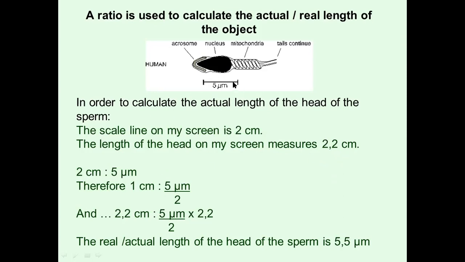So 2 centimeters represents 5 micrometers. Therefore, 1 centimeter represents 5 micrometers divided by 2. And, don't you dare write and, 2.2 centimeters. So I've multiplied this side now by 2.2. Let's multiply that side by 2.2. Represents 5 micrometers multiplied by 2.2, divided by 2. So the real or actual length of the head of the sperm is 5,5